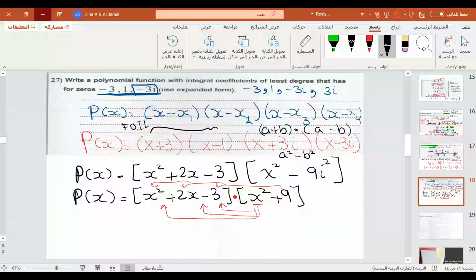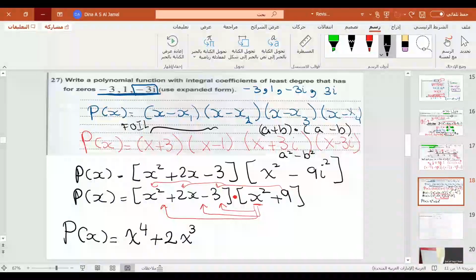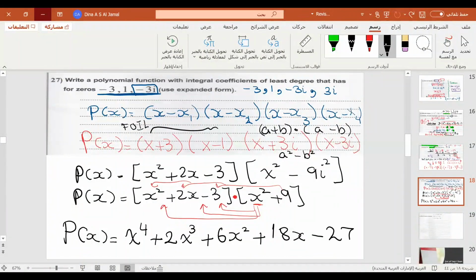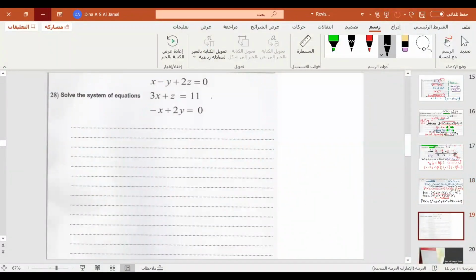And lastly, you will get your p of x or f of x as x to the power 4 plus 2x cubed plus 6x squared plus 18x minus 27. That's it. Let's go to the last question in the exam,